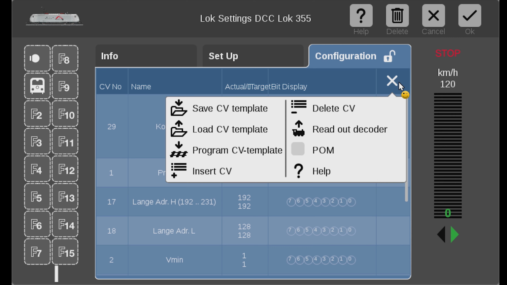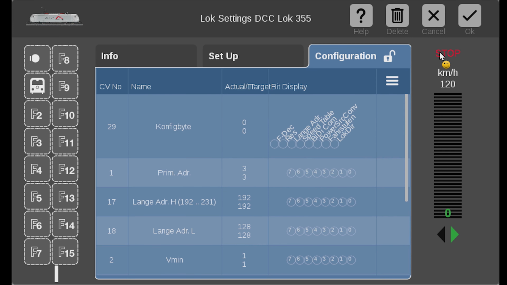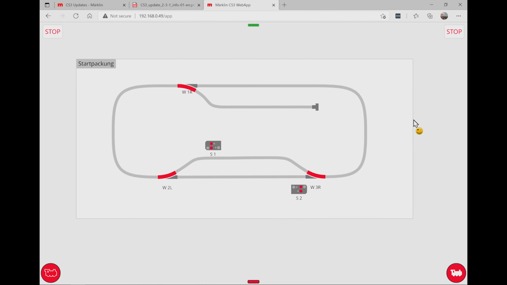I'm sure that's handy for all my DCC friends who use the Central Station 3, or if you have a locomotive from a different manufacturer where you have actually chosen to use the DCC protocol instead. Most excellent. Now let's look at actually my favorite update in this release, a new addition on